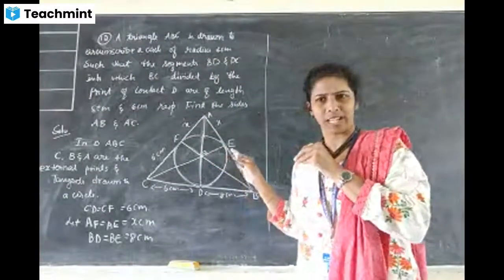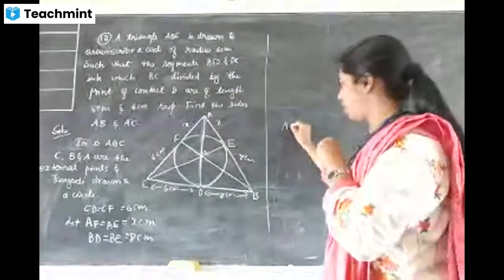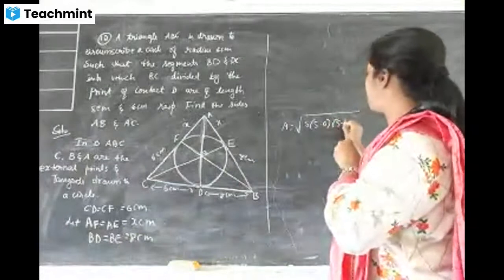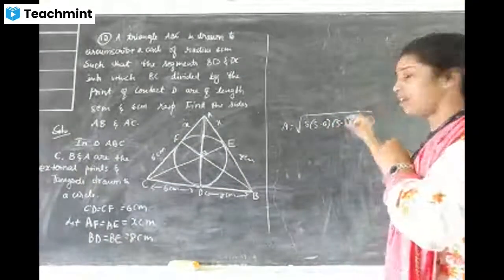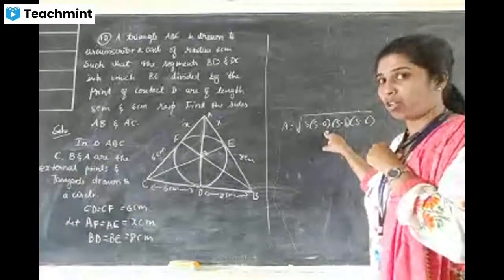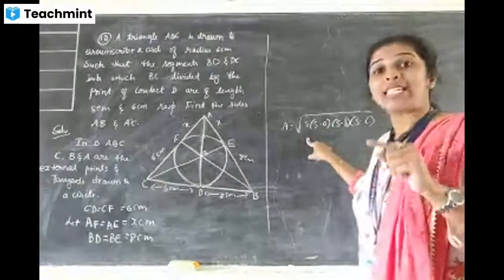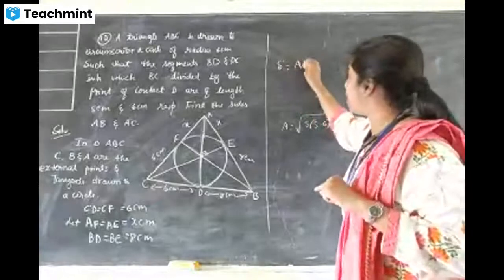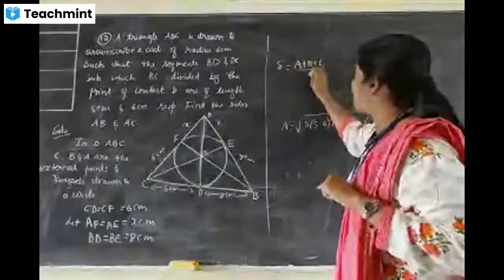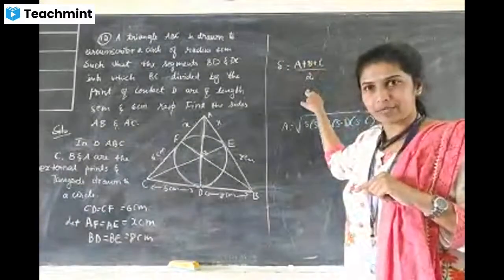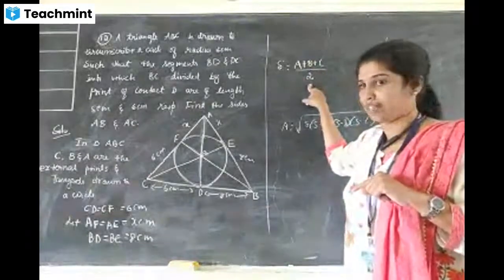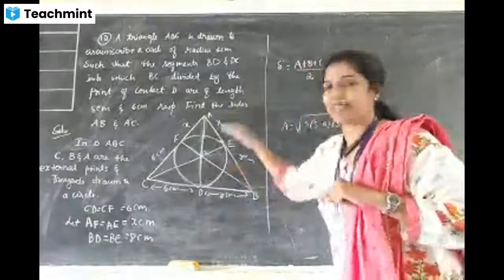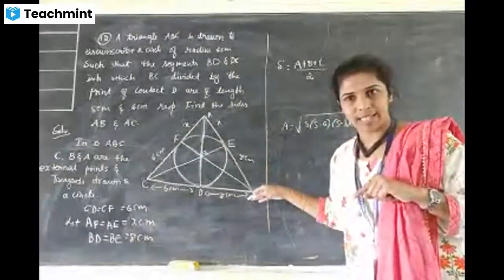Do you know? Remember that one, last year's 9th standard? Area of any triangle is equal to the square root of S times (S minus A) times (S minus B) times (S minus C). This formula is given by Heron. What is S here? S means the semi-perimeter. The formula for S is S equal to (A plus B plus C) divided by 2. Here A, B, C are nothing but the 3 sides of the triangle.